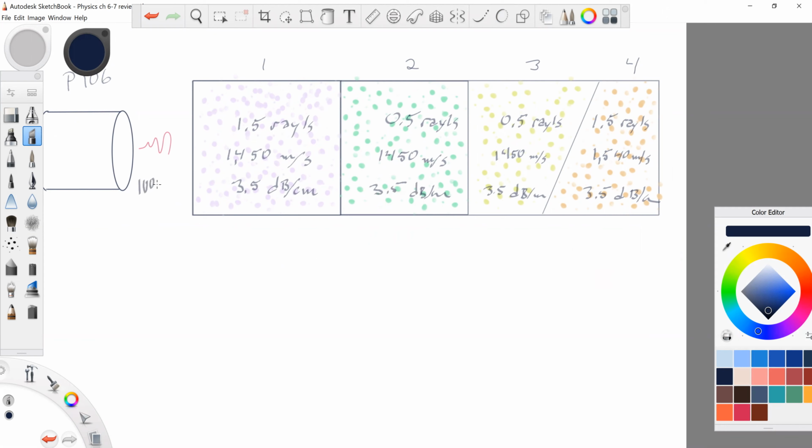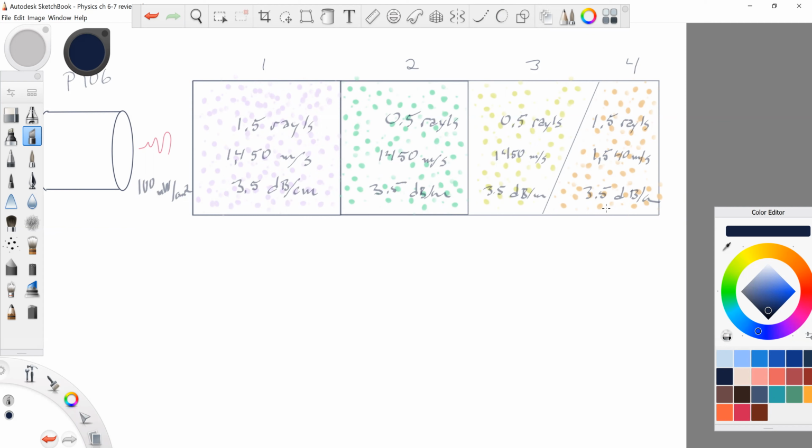100 milliwatts per centimeter squared. What does the 100 milliwatts per centimeter squared represent? It represents, of course, the incident intensity. What does 3.5 decibel per centimeter represent? Well, I guess I kind of already told you that. So every one of these has the same